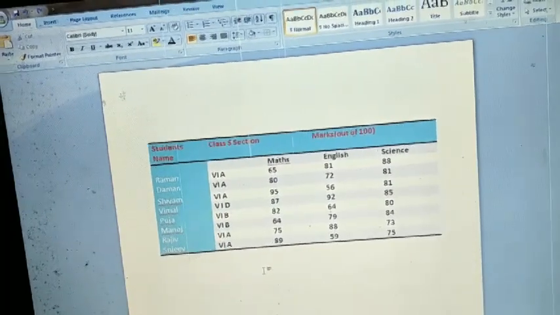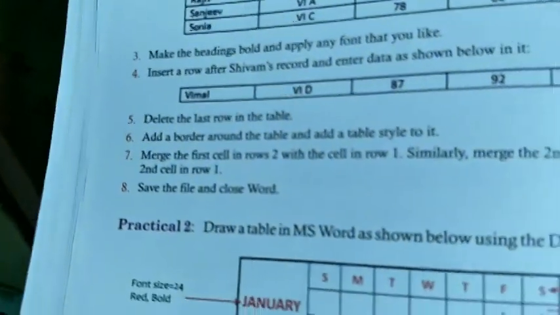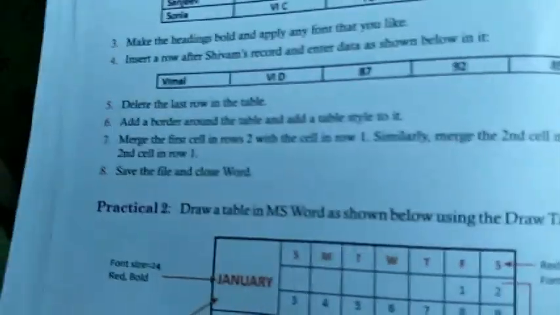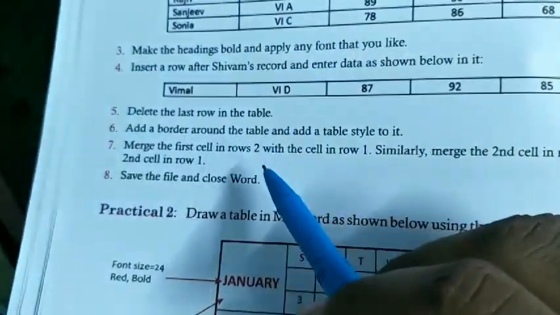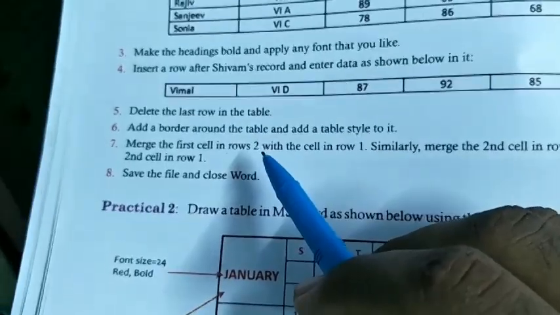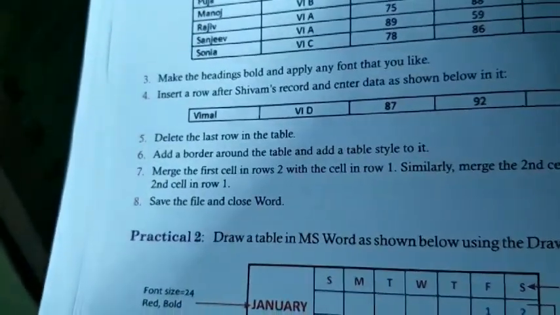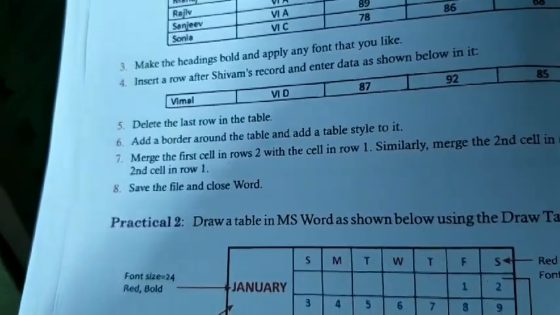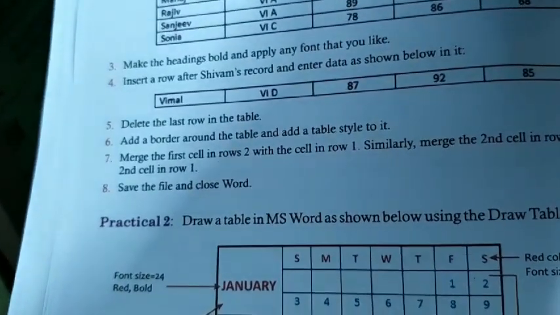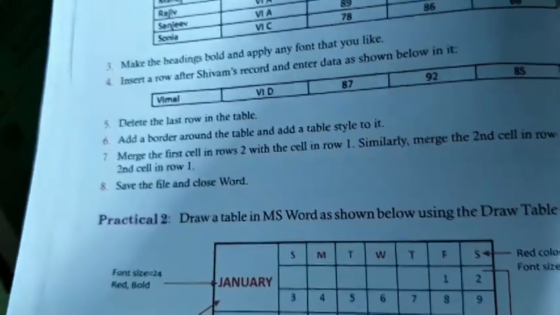Now next one: merge the first cell in row 2 with the first cell in row 1.